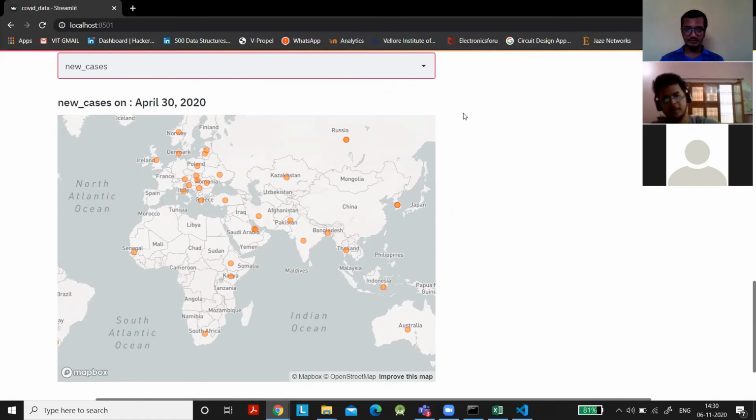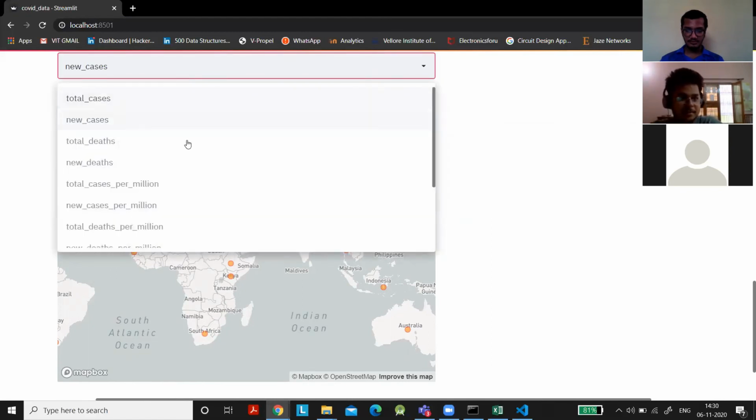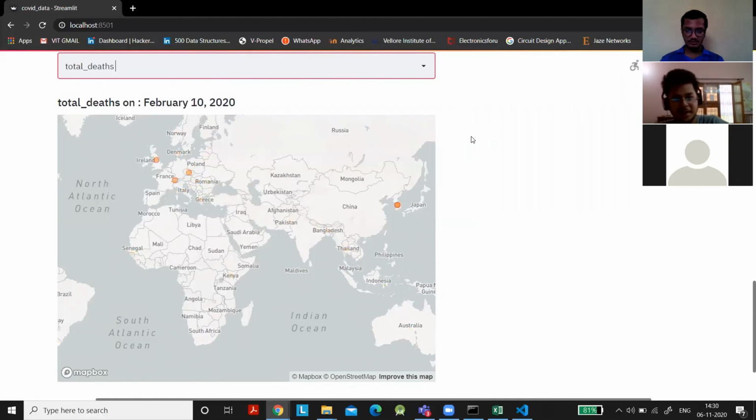So as you see, with different animations, we can explain the total number of cases day to day in each and every country. Nilay, can you click the drop-down box once more and show the total deaths? Yeah. So you can see as the date increases, the total amount of deaths has increased in each country around the world, which can be easily shown through the animation. So this was a dashboard created with the help of the Streamlit library and Python. Just using basic code, we made a map with the animation of the total number of deaths, the new cases, and the recovery rates.